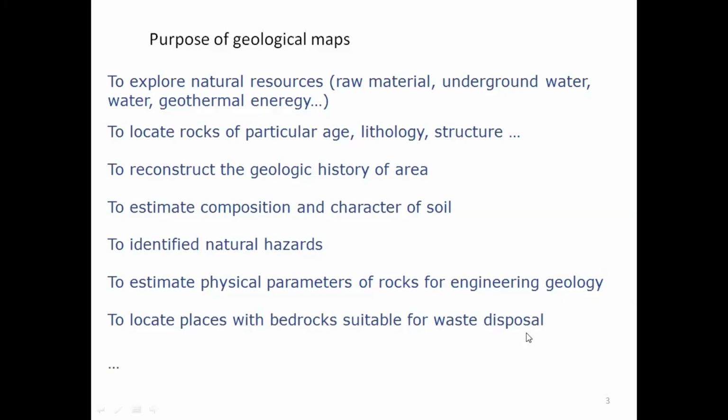Similarly, if you want to make a disposal site for nuclear waste or any other waste, you have to look for certain rocks that don't have porosity, because if water infiltrates through it, then the adjacent area can be affected by that waste. That's why it is always advised that you go for those rocks that are homogeneous and don't have any features like porosity, or fractures that can allow the flow of the stored material to the outside.